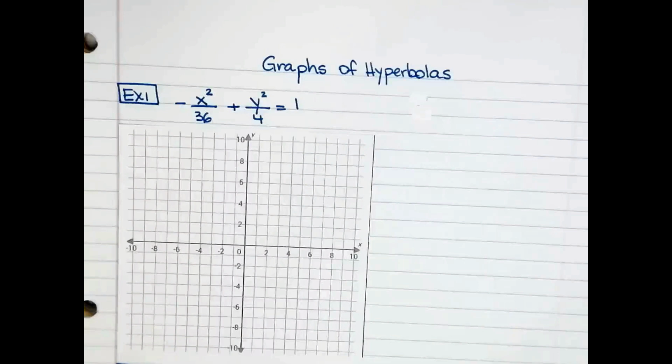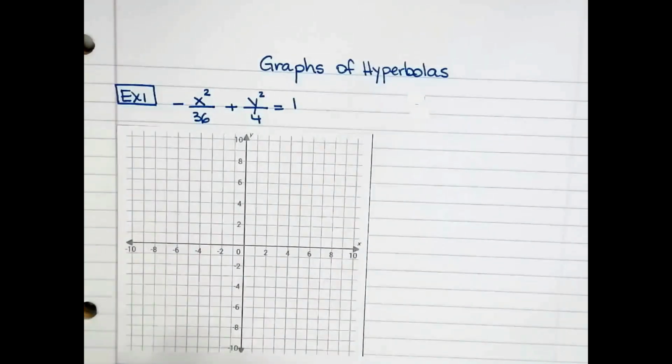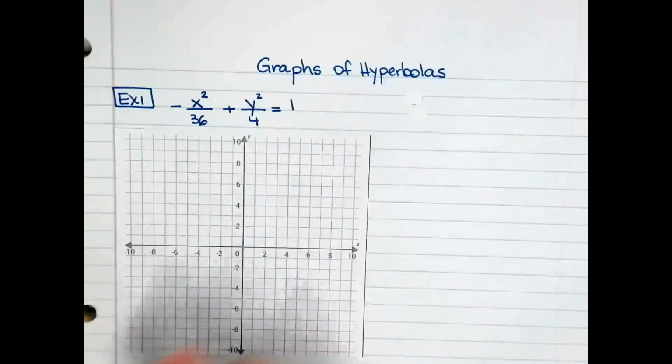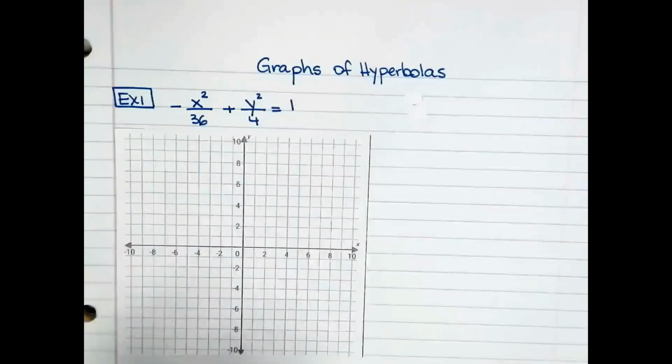Today we're working on graphs of hyperbolas. So we have our pretty little equation right there, and we have our graph. Before we start doing anything, I need to figure out if the hyperbola opens up and down or side